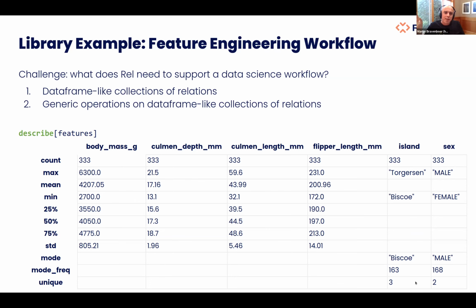Now, in a SQL system, you can't write this in SQL. You can't reflect over a table easily enough without a code generator, at least. So in Rel, you can do that. So we have generic programming features in place where you can generically use the feature set that's being passed in, reflect over what the types involved are, and generate the aggregates that you want to see. So this command here is really a command that works in Rel. So you give it the feature set, and then you get this table back that describes the data.